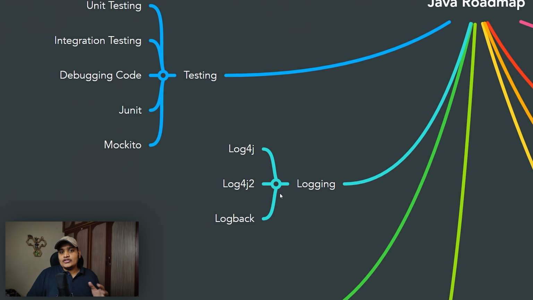Now, logging. There are different logging libraries available. Whenever you're creating a Java application or any application, you should log your errors and everything so that you can get to know what is happening in the system. Without logging, you won't know what is wrong with the system or what's happening with it. There are a lot of different libraries available, so you can learn any of them. You should be aware of how to write loggers and the different logging levels available. These are the basic details that you should know. So here you can see that log4j, log4j2, and logback are available.